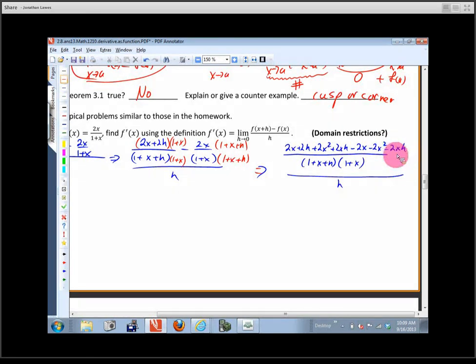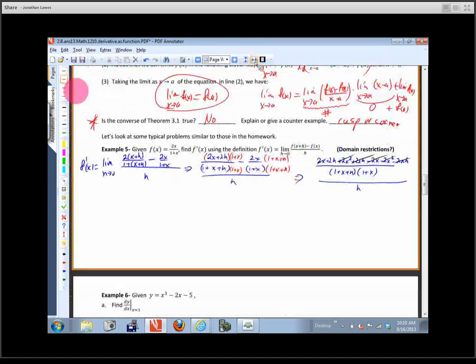I've got a minus 2xh and I've got a plus 2xh, so I can cancel the two of those off. I've got a minus 2x squared and a plus 2x squared, so I can cancel those off. And I've got a 2x and a minus 2x, so I can cancel those off. So this is awesome. Take a look at what I've got here. What I've got in the numerator is just a 2h over 1 plus x plus h, 1 plus x over